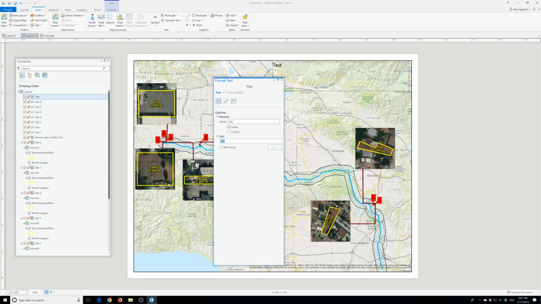I'm gonna do potential Los Angeles River and Park site locations. So under text, we enter the potential Los Angeles River Park site location in the text box, and we delete the space between river and park, and then press enter to add a line break, and click